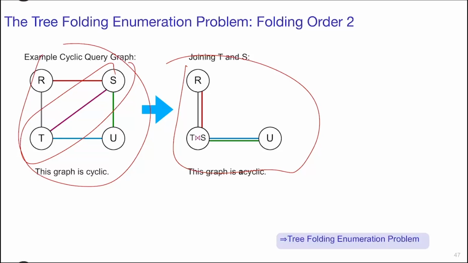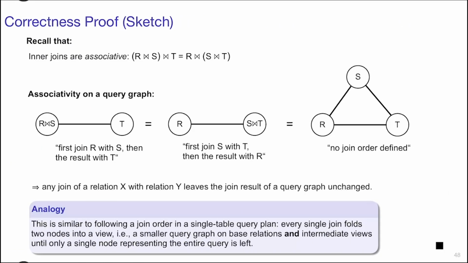Put it into Yannakakis, good to go. Yeah? That's basically the algorithm. And why can you do that? Well, the intuition is that inner joins are associative. Yeah? So whether you write something like this or like that, that's basically what join order is about. Yeah? So this associativity basically is,